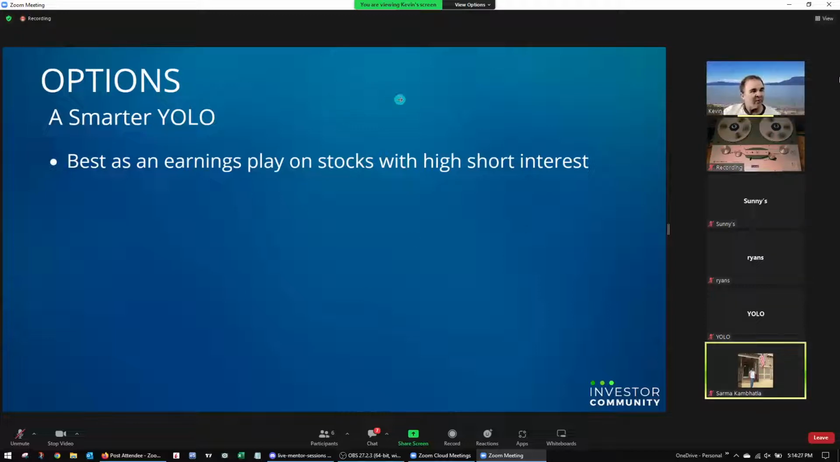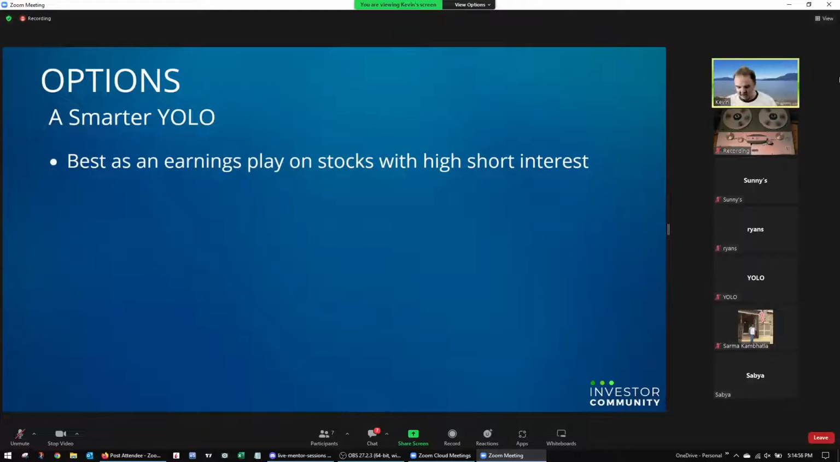All right. So options, a Smarter YOLO. This is best as an earning play on stocks with high short interest. Okay, this is important: high short interest. The reason is that high short interest is another potential catalyst. So we have earnings. Let's say they have a beat on earnings, and we have high short interest. Put the two of those together, and the stock could really take off. That's how we hit a home run. So those are the kind of stocks we want to play for,